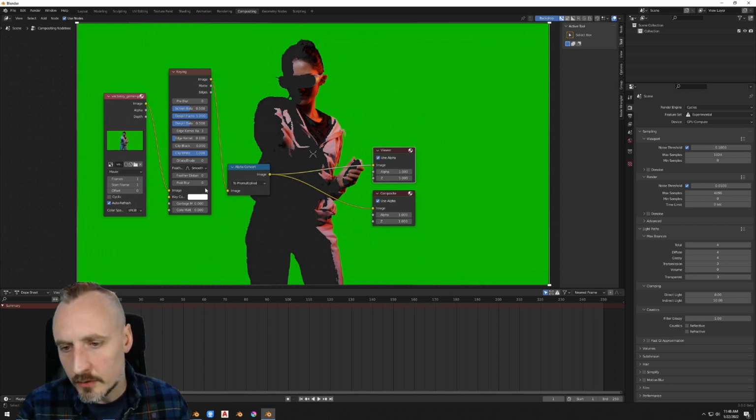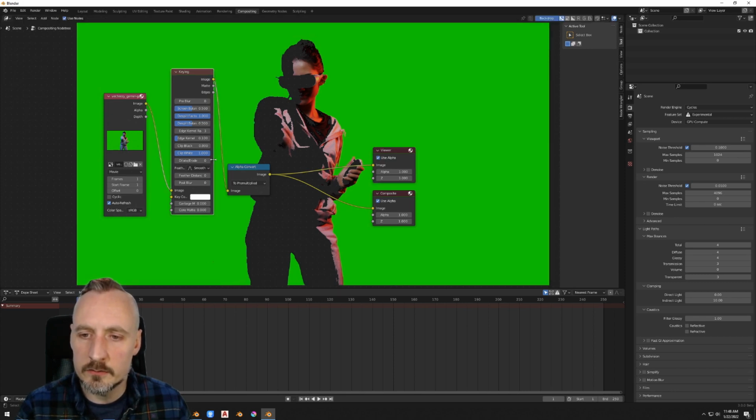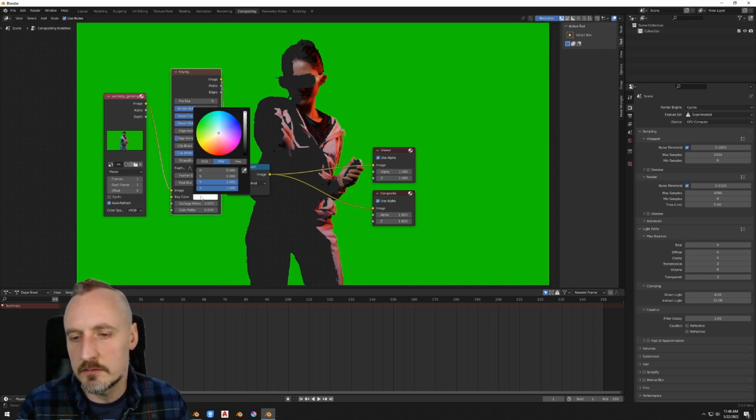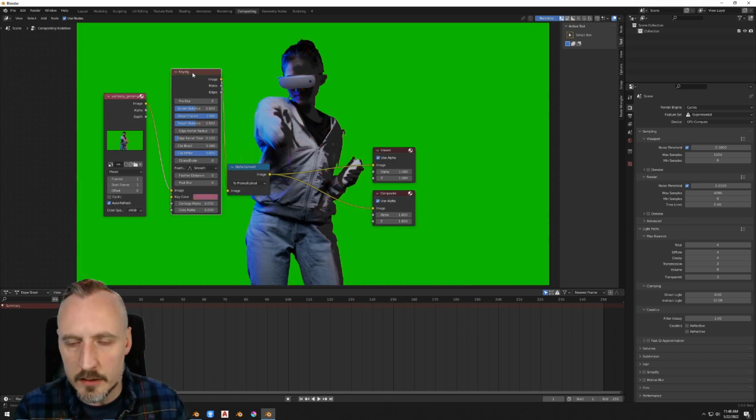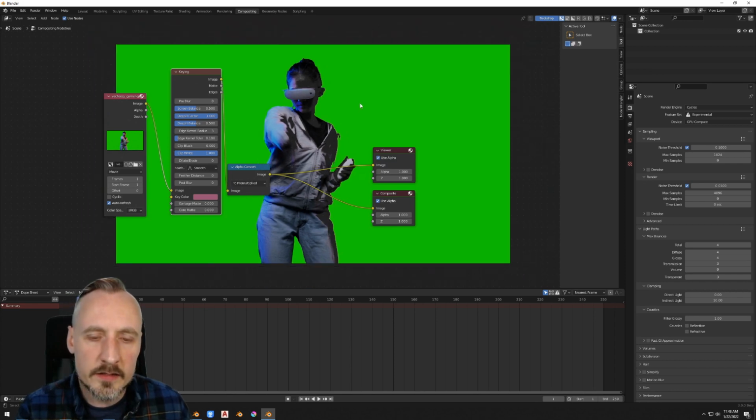Okay, so in the keying node, we can see the key color. We can widen this up a bit just so we can see what's going on. Key color is white. That's not it. So select a color. Just use the eyedropper to pick a color. And you can see because this video was really successfully lit, let's pick a bad color, this is a great